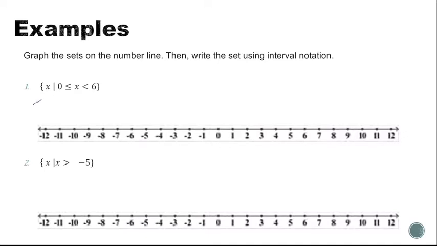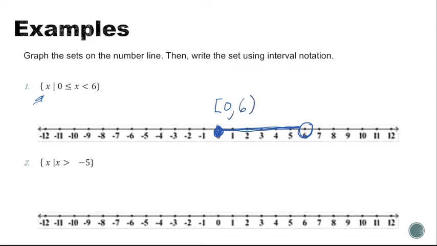So this is the set of all elements x such that 0 is less than or equal to x, which is less than 6. So 0 is included in our solution. So is every number all the way up to 6, but 6 is not included because it's strictly less than, and we highlight in between them. So in interval notation, we have a closed bracket at 0, comma, all the way to 6, where we have